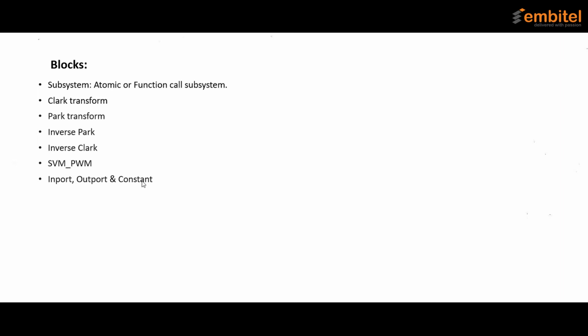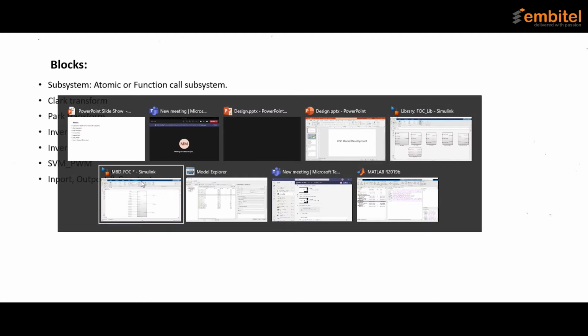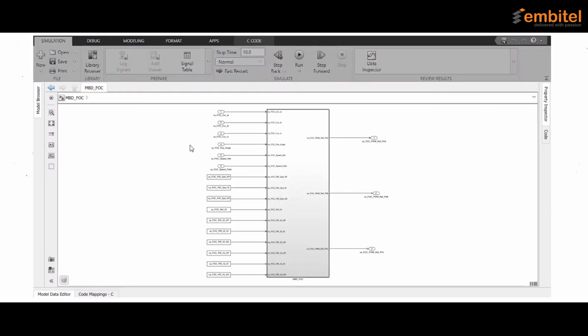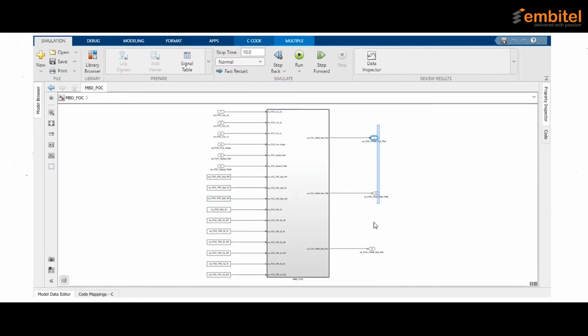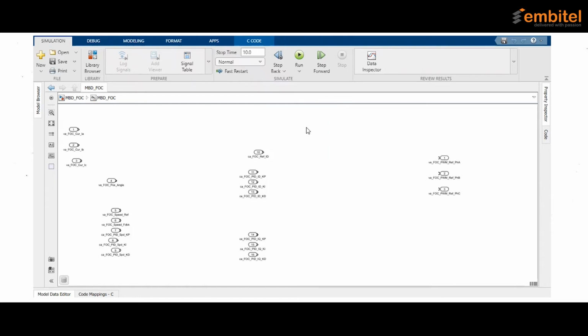These we can use from the normal Simulink library. For the model development, we are starting with the base template, which we already have. We have an atomic subsystem with required inputs, configuration parameters, and the required outputs. Now we'll start with the model development.